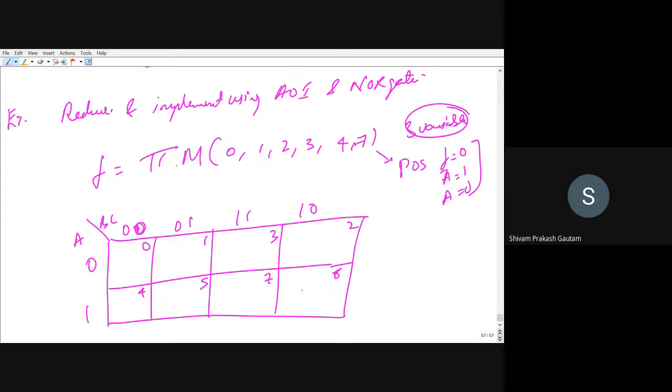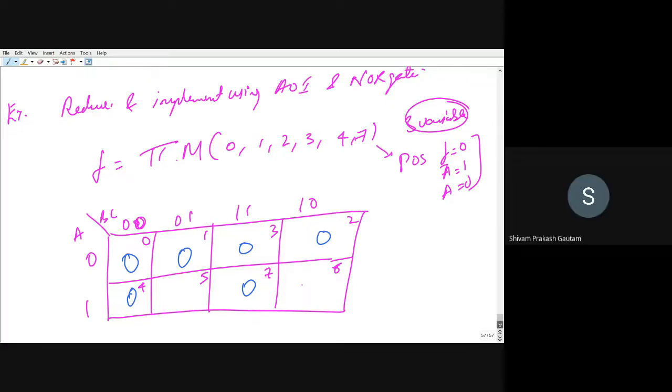So the 0 max term is there, so you can use 0 here, and in the first cell, second cell, third cell, fourth cell, and seventh cell. Any problem till this point? No, sir.